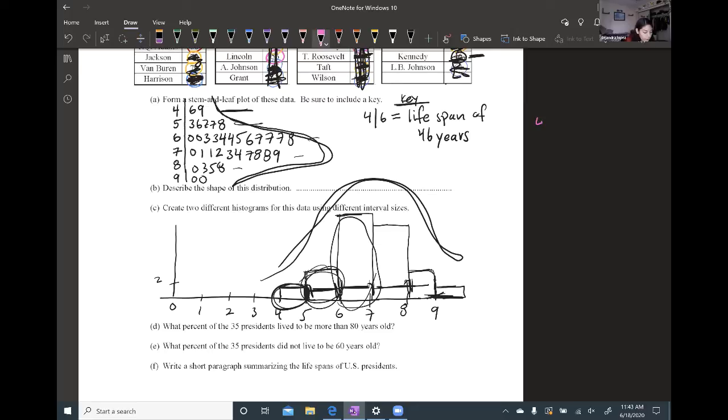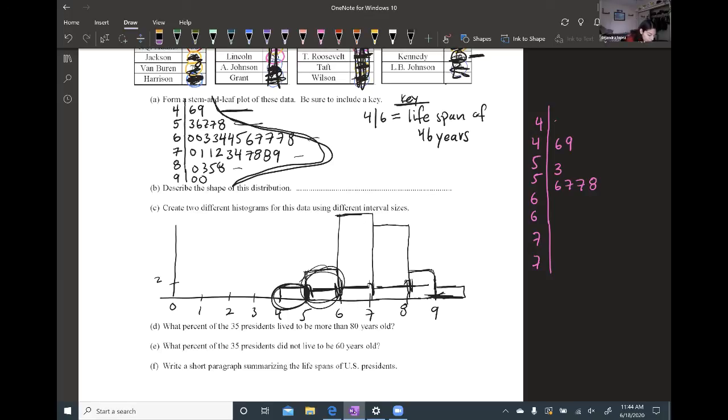So like 4, we have 4, 4, 5, 5, 6, 6, 7, 7. And so the same data that I have over here, the first row would be from 40 to 45, which I don't have any. So I would fit the 6 and the 9 here. Then for 50s, I would first, in my first row, anything below 55. So 3 would go there. And then the next one would go 6, 7, 7, 8. And if I did it that way, my bins would be